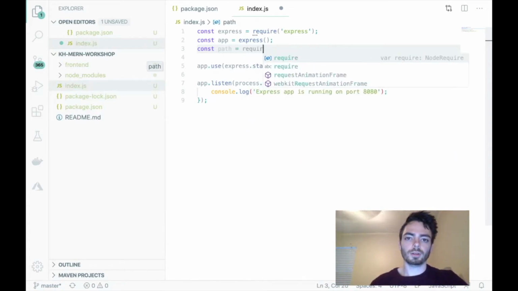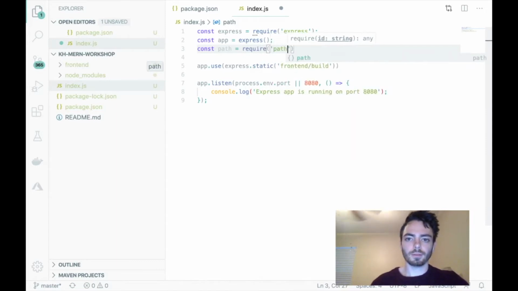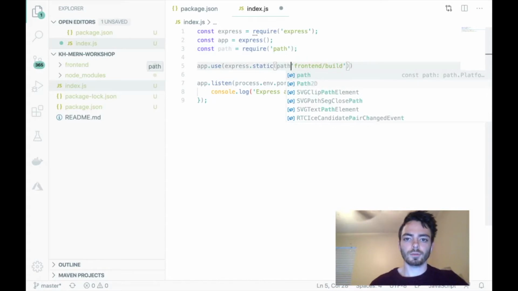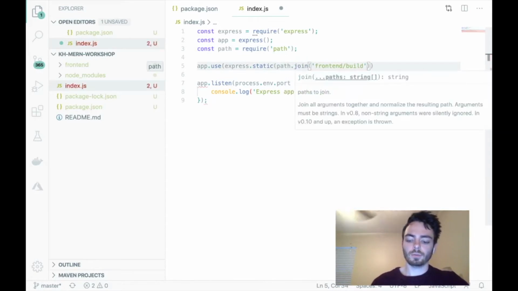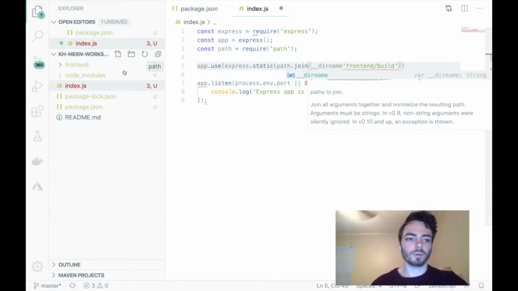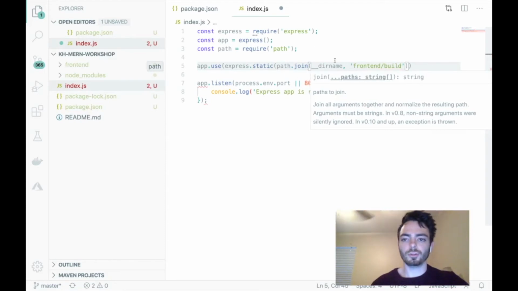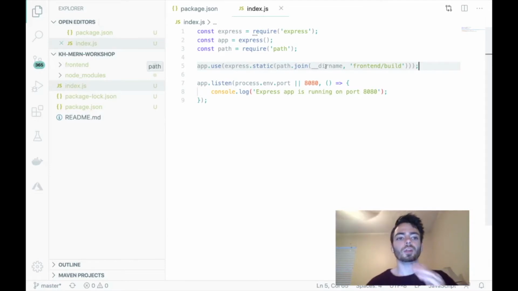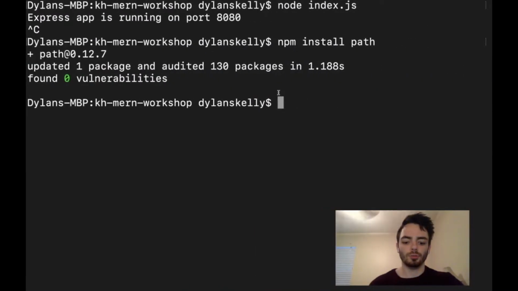equals require('path'), and now we can use a method from path called path.join, and we'll say __dirname, which is our current directory that we're in, and then it'll join this __dirname to frontend/build, and then we'll want to add one more to close that out. The reason we'll use __dirname is because when we deploy this to Google Cloud Platform, it's going to be running on their machine, and we don't know what directory it'll be in, so just using __dirname helps with that. And now if we run our application again,